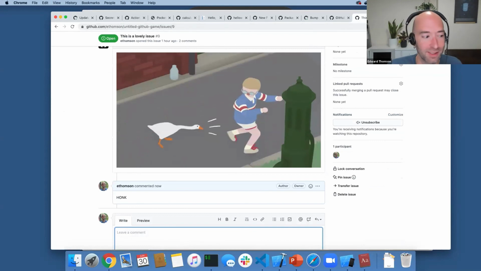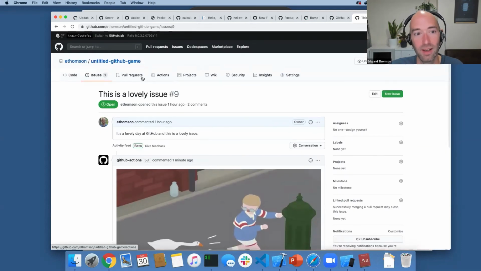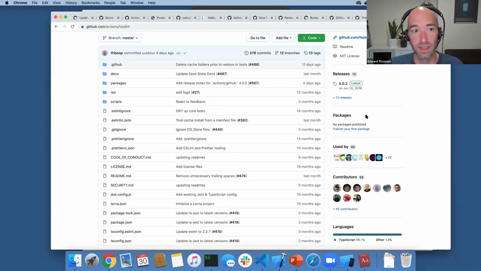But I do suggest that it's an opportunity for you to consider the ways that you can automate things in your repository. So you can add labels. That's something that we do a lot on my team. We add labels to issues automatically based on the state or based on comments that occur in an issue, or even things that happen in other issues, because many times issues are dependent upon one another. And so we can actually automate these sorts of things so that we don't have to think about it so hard. And if you want to get started building